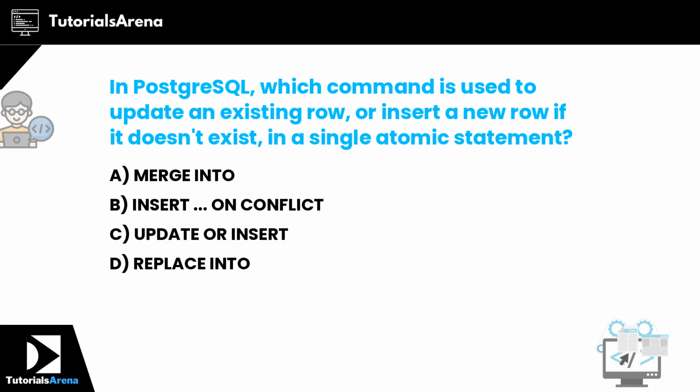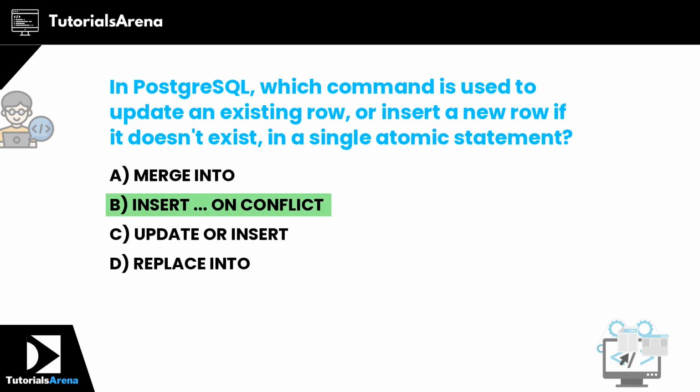In PostgreSQL, which command is used to update an existing row or insert a new row if it doesn't exist in a single atomic statement? The correct answer is option B, insert